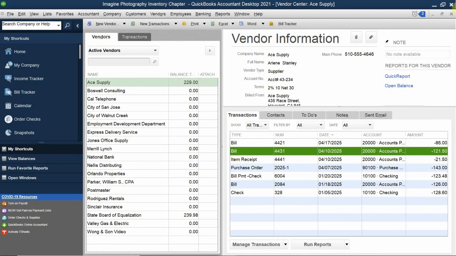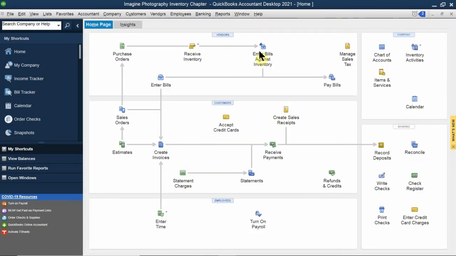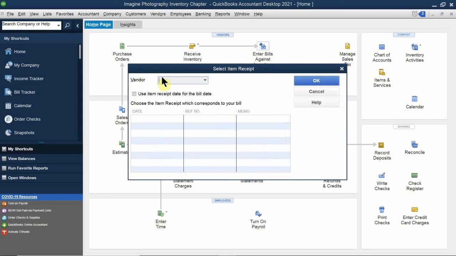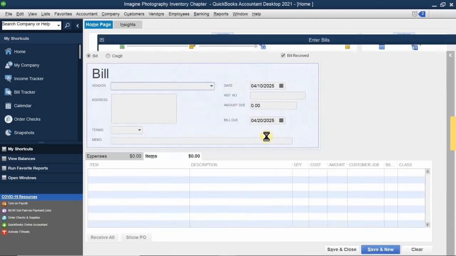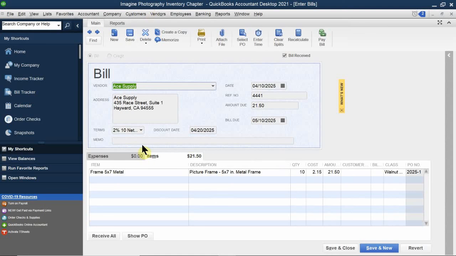All right. So now let's go ahead and do that very last one. And you have to do it this way. There's only one way to receive the items. After you receive the items, this is the only way that you can convert it from an item receipt to a bill. So once again, I'm going to click on that A supply. Okay. And I'm going to go ahead and click on this. And then now in the notes, I'm going to do it once again. This was purchase order number 25-1. All right. Received